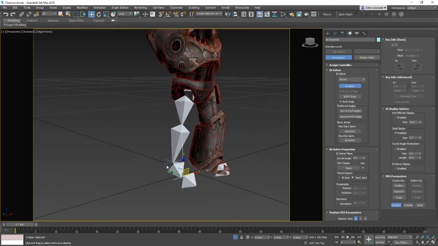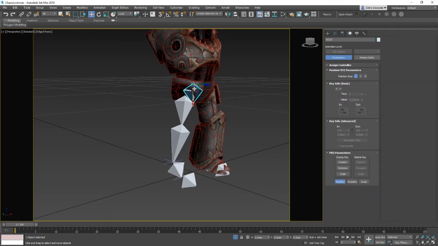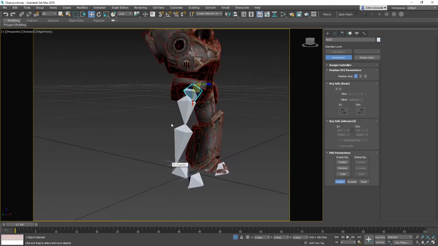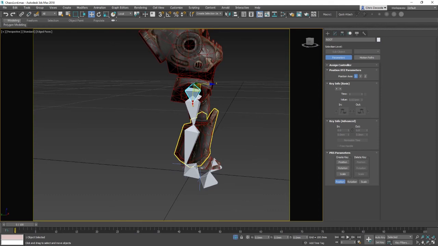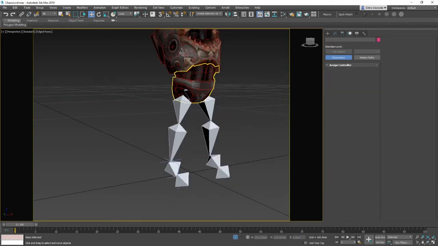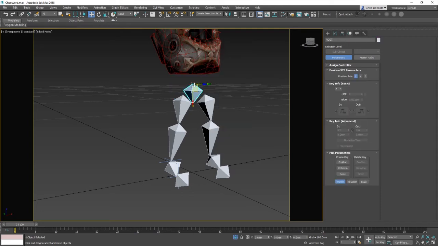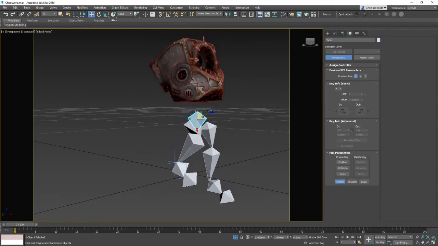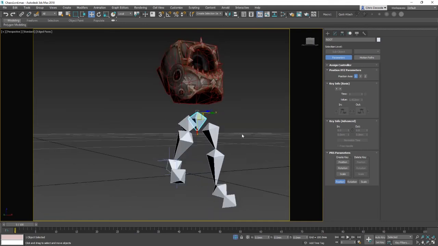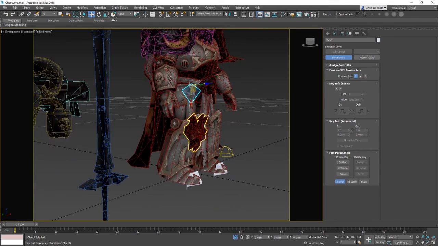So these IK handles are not really children of this root joint, and because of that, they don't want to follow where it goes, which is why if we remove these, they don't want to do what this is doing, which is really nice when you want to pose stuff, obviously, because now